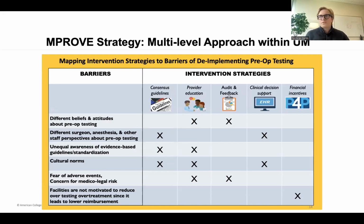So our team with MProve has taken both the qualitative and these quantitative findings and is currently designing interventions to reduce testing rates at our institution with the ultimate goal of improving the efficiency of the preoperative process. So to do this, we're mapping intervention strategies with barriers identified in the qualitative investigation. So here's an example of mapping these